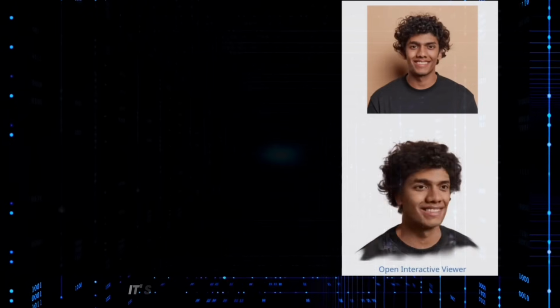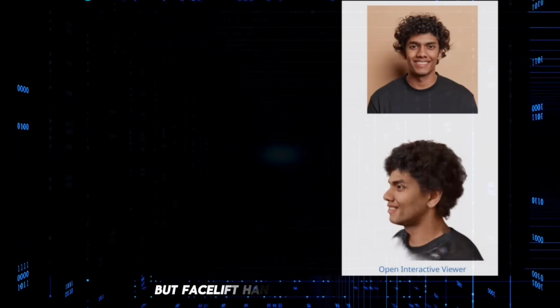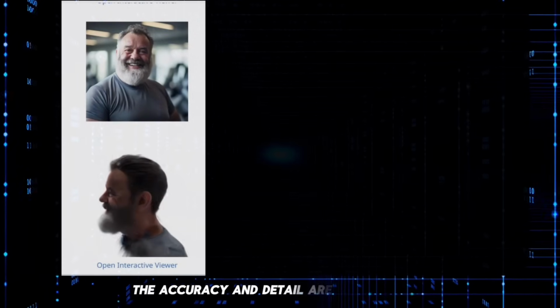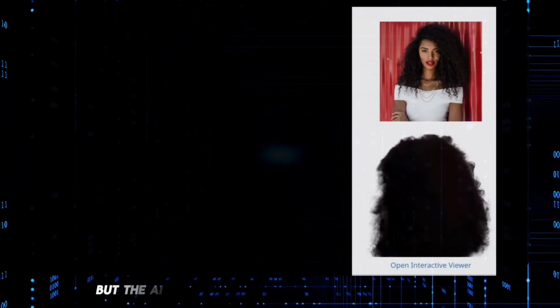Here's another one. It's impressive how it generates all of this from just one photo. It's really hard to guess someone's side profile, but FaceLift handles it like a champ. And this old man? The accuracy and detail are just amazing. It even works with 2D photos. And this one's tricky. The woman has voluminous hair covering parts of her face, but the AI still generates a